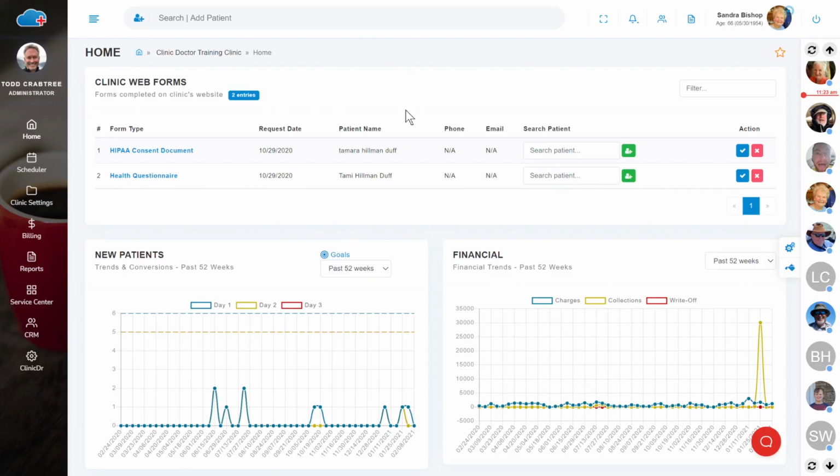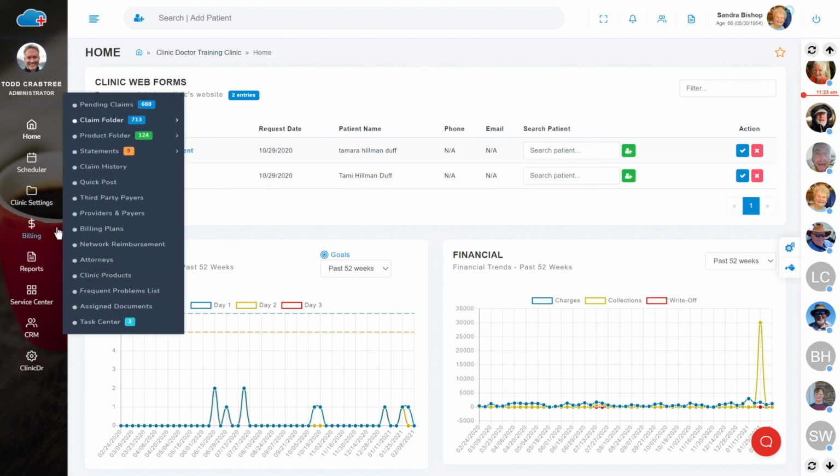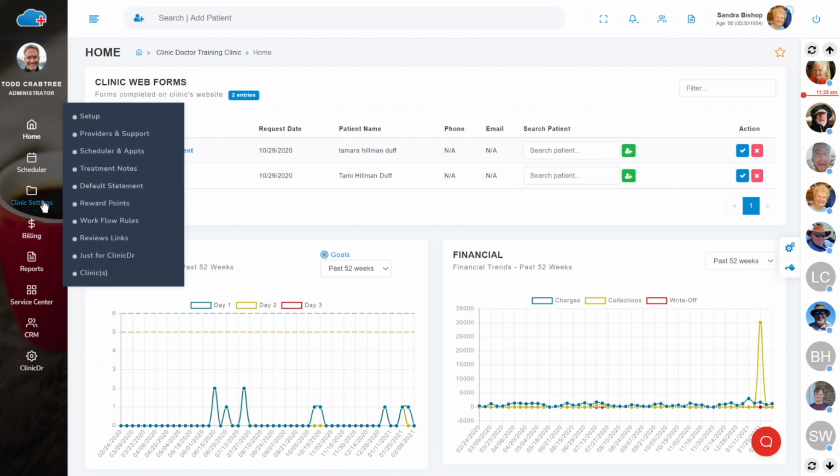This is how you set up appointment reminders, birthday messages, and health goals. You want to set that clinic-wide to begin with, so it'll be the default setting for every patient that you do those activities on, but then you can customize those patients individually. So in order to establish the default for all patients in the clinic, you can go to Clinic Settings and